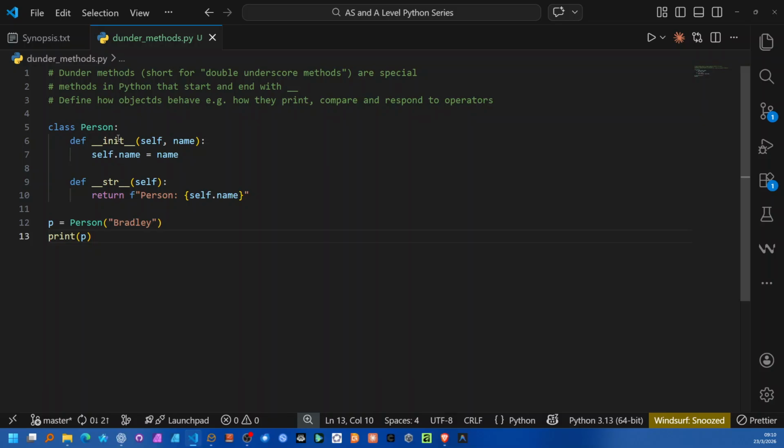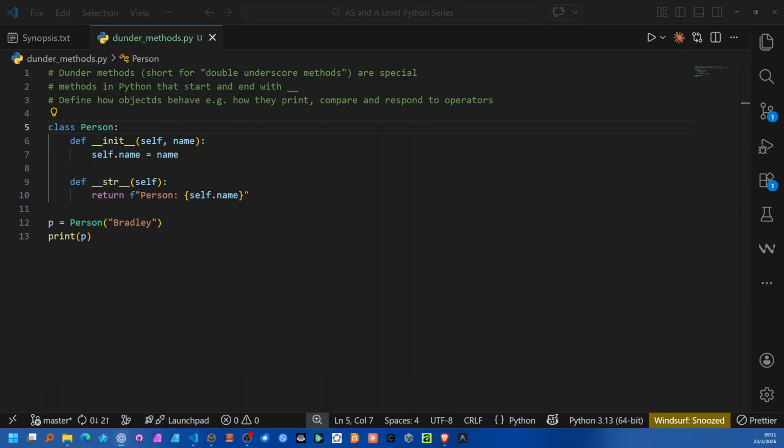The first one is the constructor, which is going to be invoked whenever you create an object of that particular class. And the other one that you can make use of is this string method that essentially converts your object into a string, as it were. Moving on to another example,